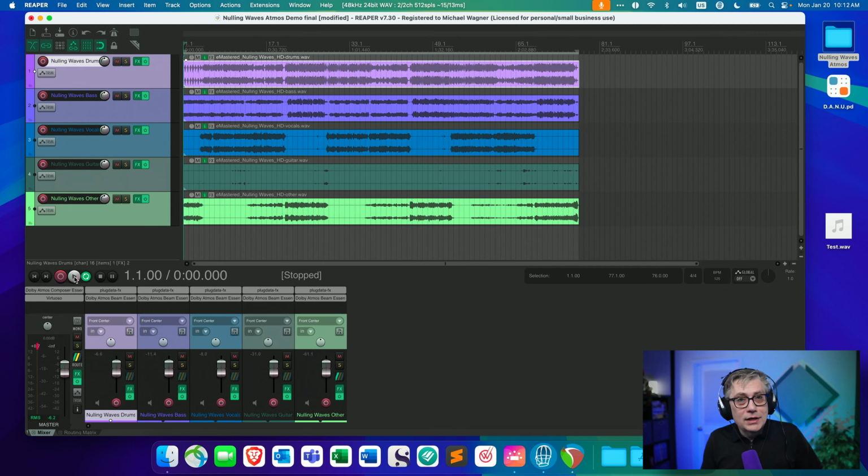So I can, for example, say that only information out of the kick should actually go into the LFE, or only information out of the vocals should actually go into the center, and I can move certain things more to the back and other things more to the front, and I can therefore massage the overall impression of our three-dimensional image of the audio track. So let's just have a brief listen.